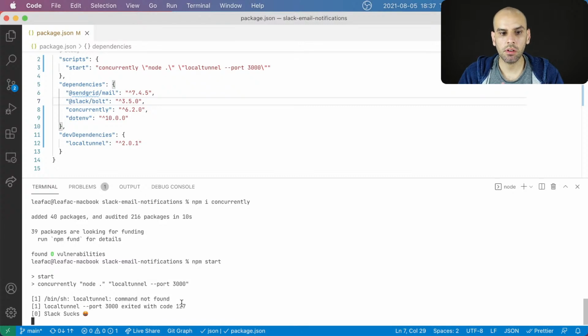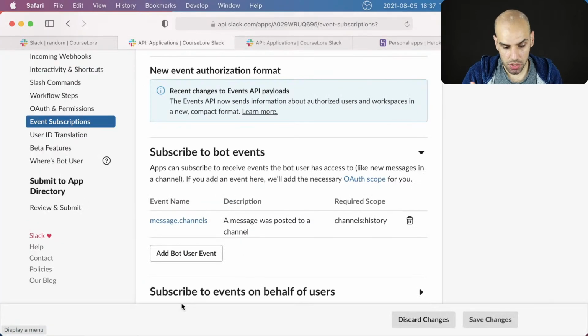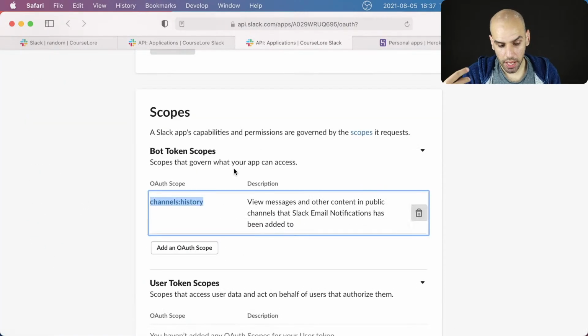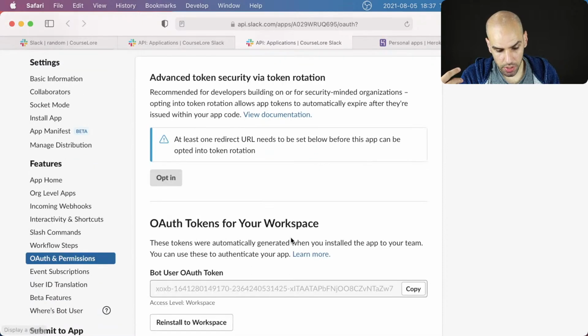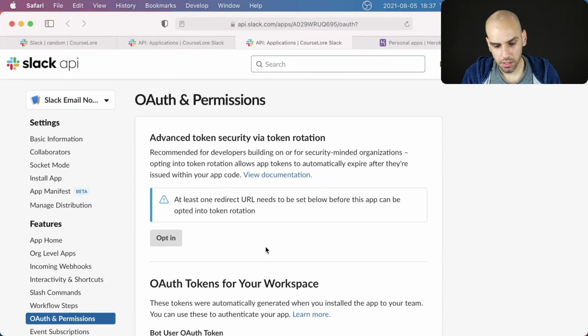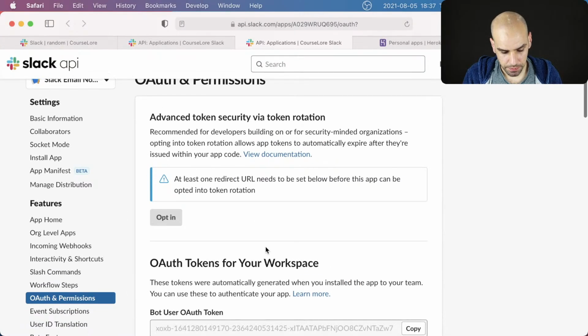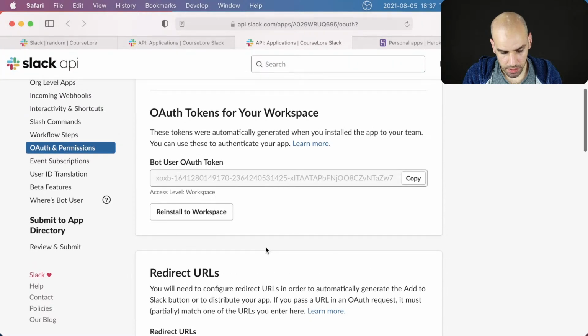In case you are wondering, we talked about this last time, but the local tunnel is something that allows the public internet to see the server running on my machine, which is essential for development because when you are receiving these API notifications, they are called events, I need to have somewhere in here, oh no, I showed the token. Oh, damn it, I'll have to recreate it. That's all right. Yeah, I guess I can just reinstall to workspace, and that will create a new token.